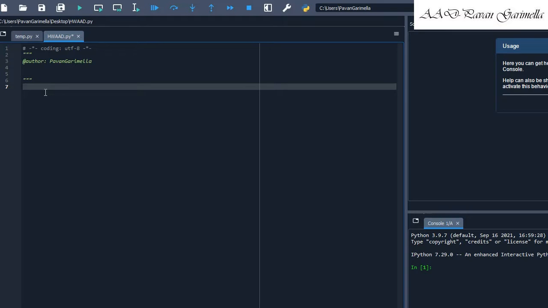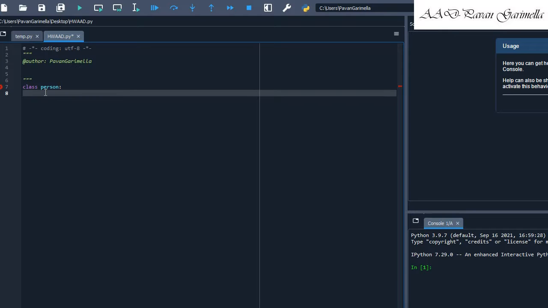Let me create a parent class with a method. So I'm going to create a class. This is more of a revision of your class creation. In case you have missed my previous session, you can learn the basics from here and then revisit that previous class session later on. I'm just going to call it Person. So I'm going to define my init,